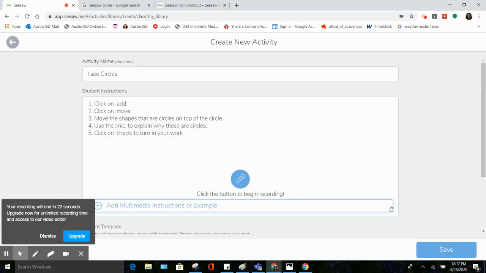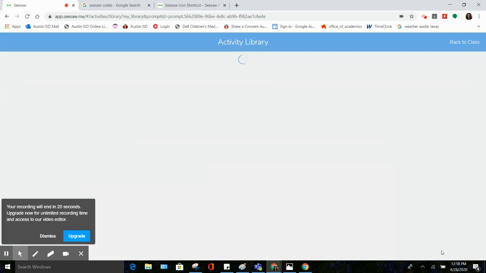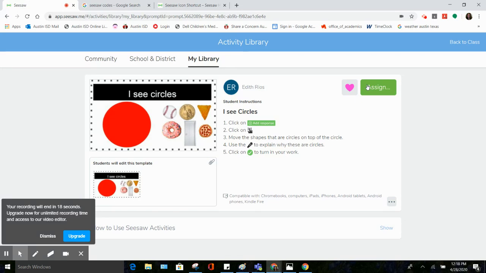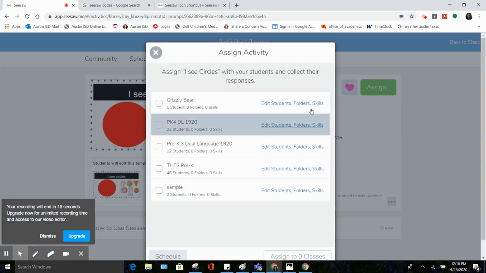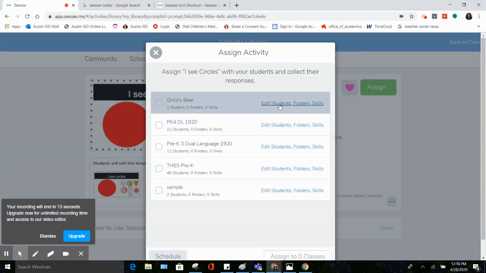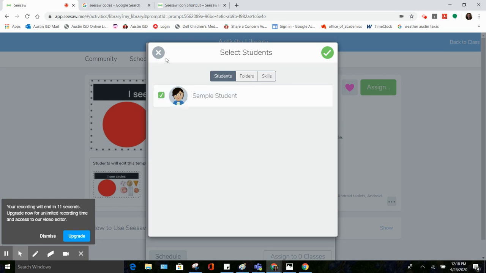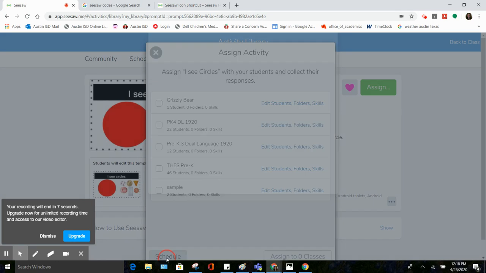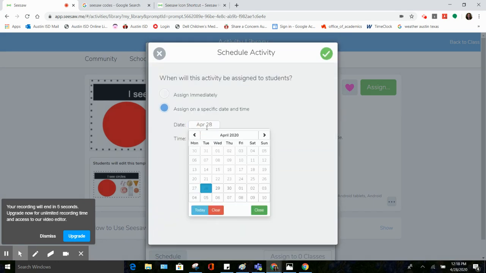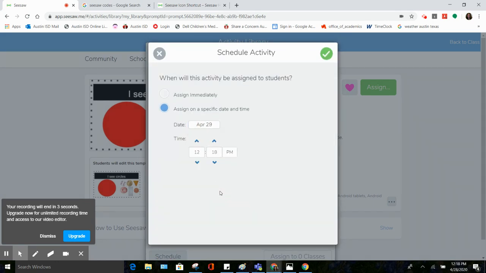And at this point, I can save it and I can assign it to my class. So I can either assign it to my whole class or I can edit and click off the students that I want to assign it to. I can also schedule, like if I wanted to roll this activity out tomorrow, then I would select that